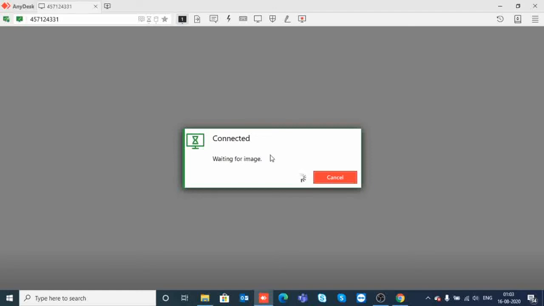When you set a password, it generally takes a little extra time to connect to the remote machine compared to third-party acceptance, so it is still taking a little extra time. Meanwhile, I'll pause the video for a couple of seconds or minutes.